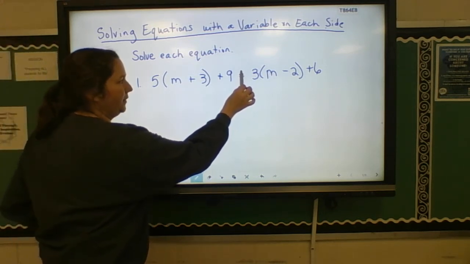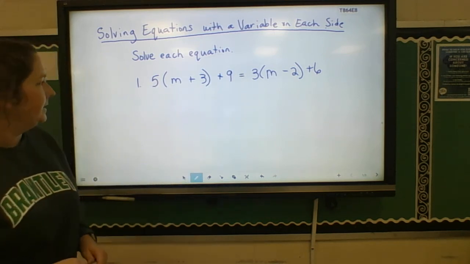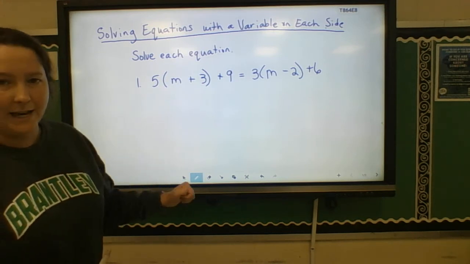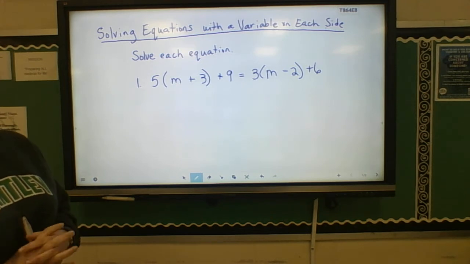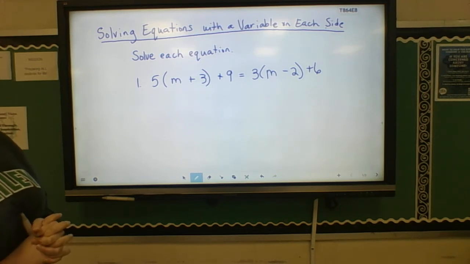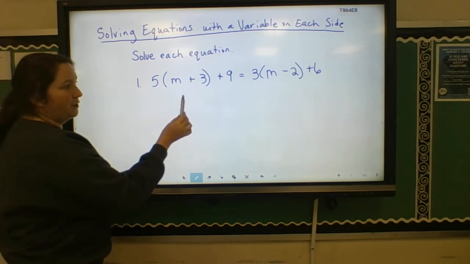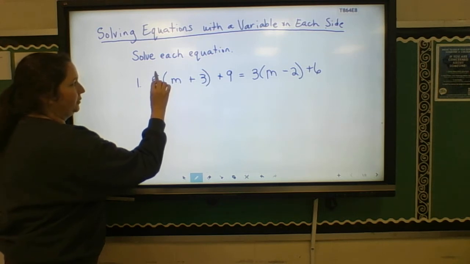So what we're going to do first is this: 5(m + 3) + 9 = 3(m - 2) + 6. Alright, so the very first thing that we have to do is to get rid of the parentheses, and we're going to do that by distributive